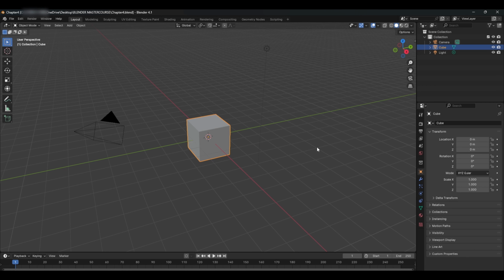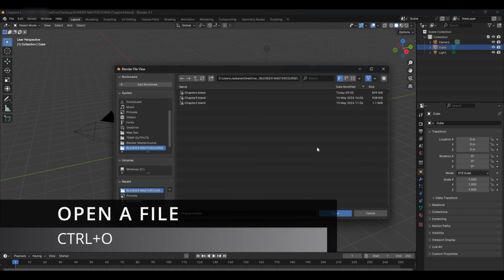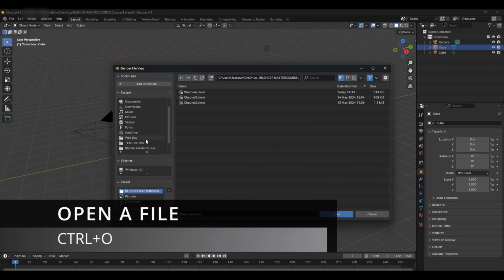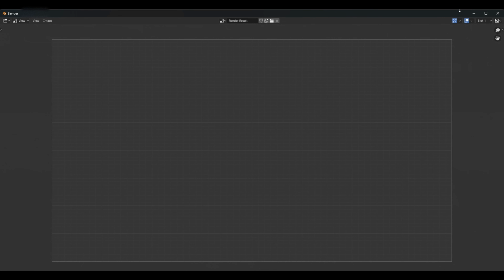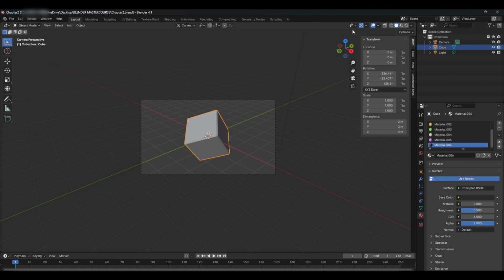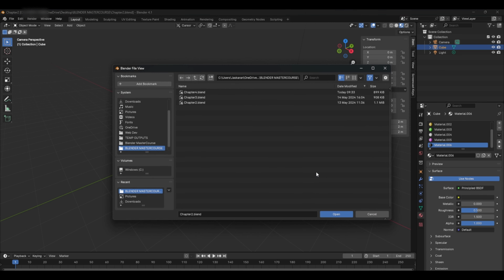Similarly, if you want to open a Blender file, then just press Ctrl+O and then by navigating through your folders from here, you can choose your desired file which you want to open. Suppose I want to open chapter number 2 file, so I click here and press open and the file is now opened. So this was the file in which we made the cube and this was the chapter number 2 file. And now I will close it and open the chapter number 4 file